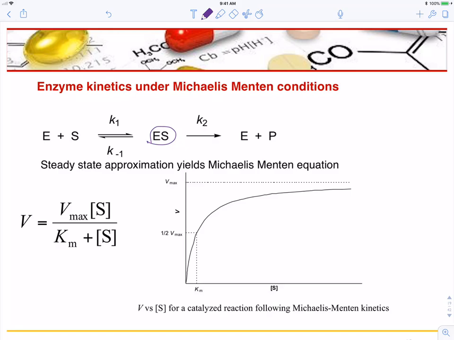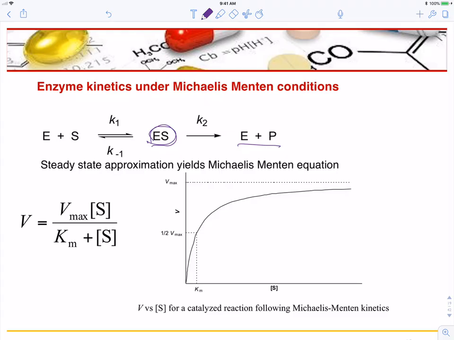So let's review quickly enzyme kinetics so that we can better understand how inhibitors act. Generally, we study the activity of enzymes under Michaelis-Menten conditions. So this works very well when ES to P is the rate limiting step, and assumes that the concentration of P is almost zero, so that the reaction